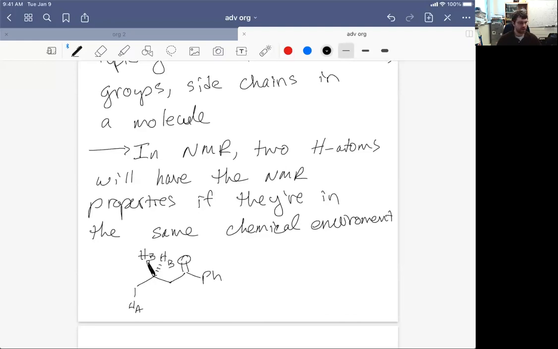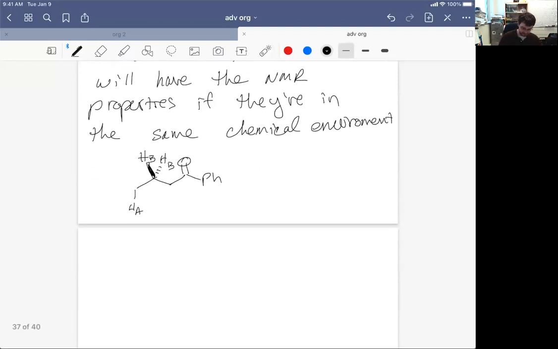Okay, what happens though if I introduce a chiral center, a stereocenter? Let's change this to, let's put in an amine group here or something. Okay. Now, it's not hydrogen, which I'll label C. It's not hydrogen C I'm worried about. Hydrogen C is part of the stereocenter. Rather, I'm worried about the hydrogens that aren't part of the stereocenter. That is, I'm going to go back to